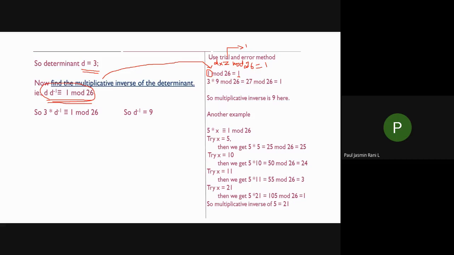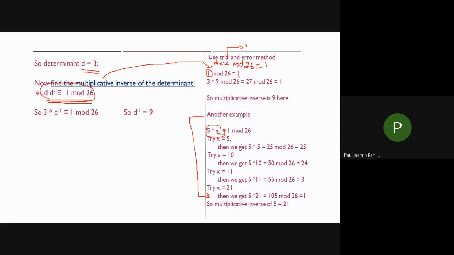When you substitute 1, what happens? So 1, listen here. I have tried this one. First, what I'm going to do is 5 into x. Let us consider this is x, whatever it may be. So when you substitute 1, you will get your value as 1. So 5 into 1, you will get your answer as 5. So when you do this with 26, your answer will be 5.